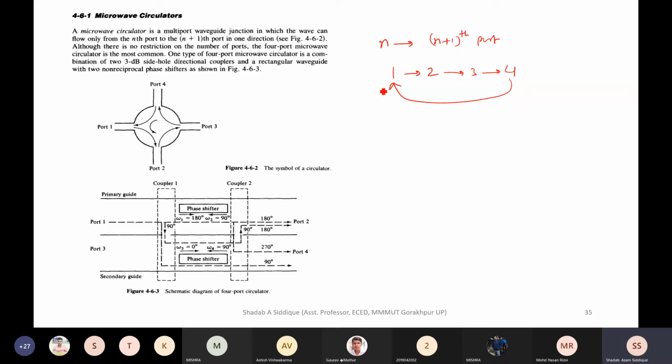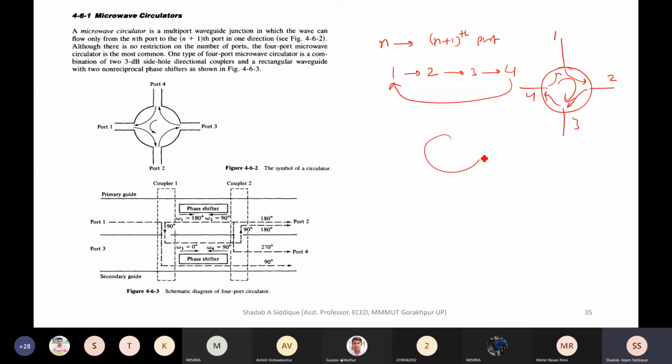And if it is placed in a clockwise direction, that will be there. Suppose I am talking about this one. This is there because we are having a port which is given this way. I can represent it in any way. I can name it as 1 2 3 4. And if it is in clockwise direction, it is coming 1 to 2, 2 to 3, 3 to 4, 4 to 1.